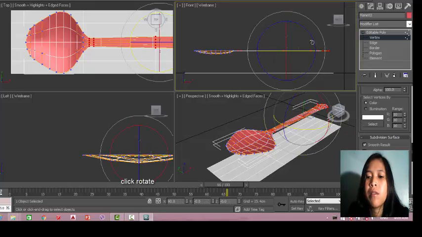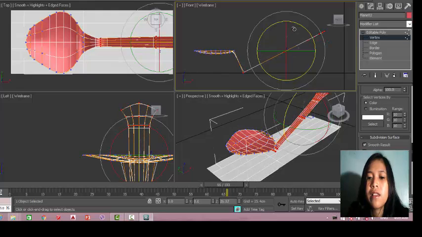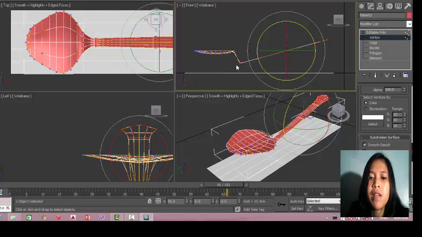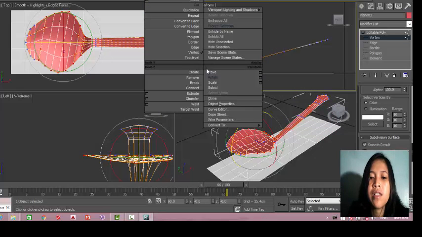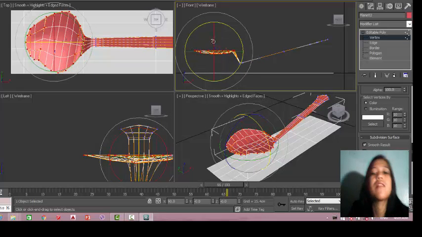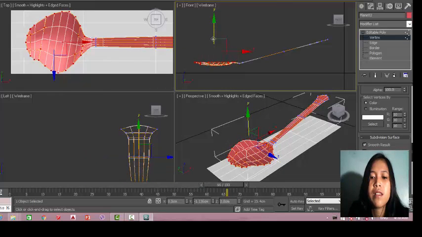So we'll try to rotate this, and then the remaining one I'll select it out, and then I'll just have to move it downward, so like this.